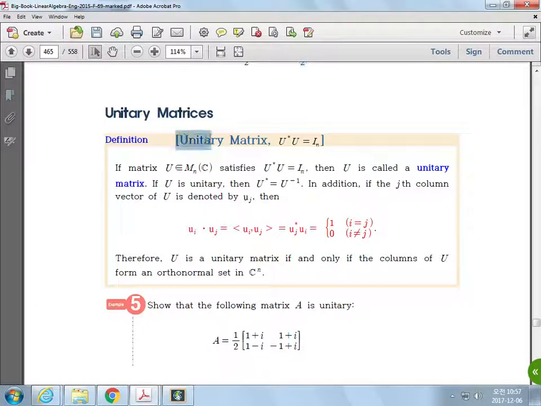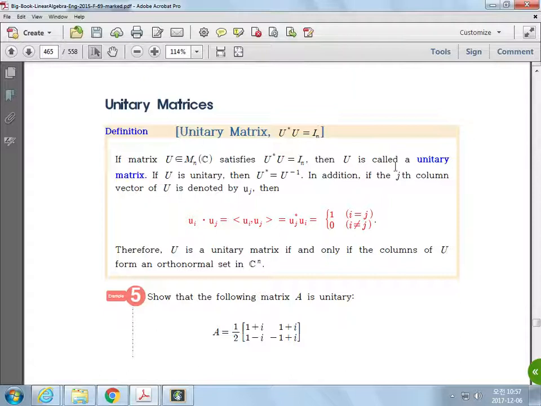And here we define a unitary matrix, which is U star U equal to identity, like A transpose A equal to identity. When A is a real matrix and A transpose A is equal to the identity matrix, then we call that matrix a real orthogonal matrix. Now, if U star U is equal to the identity matrix, then we call this matrix U a unitary matrix,